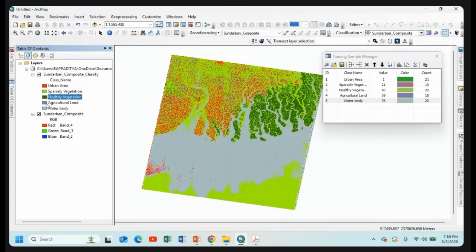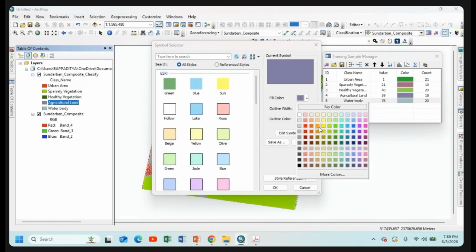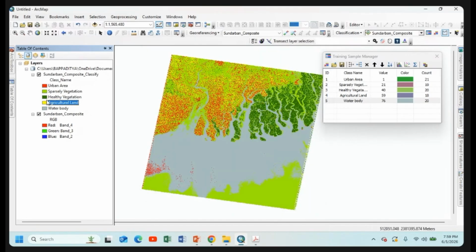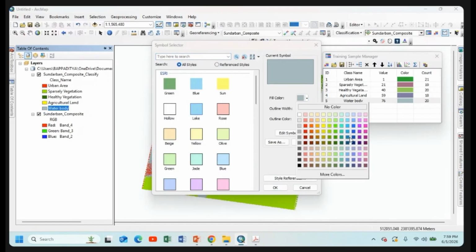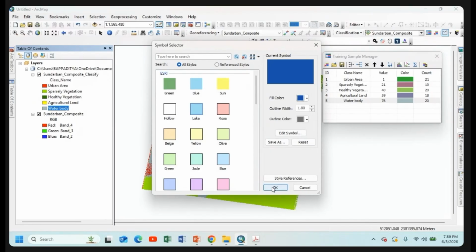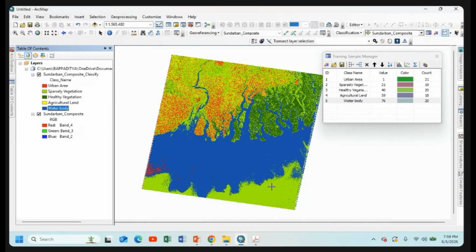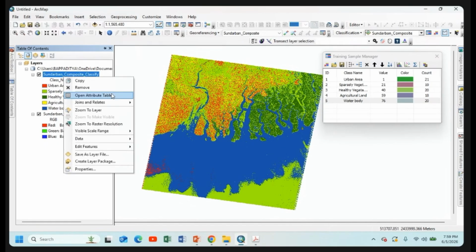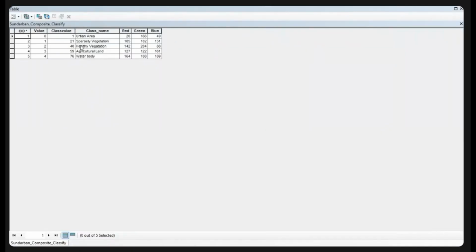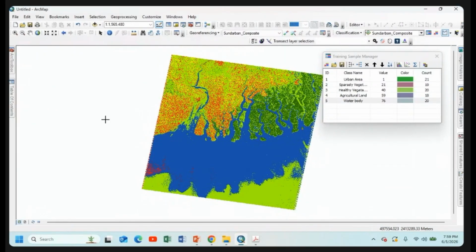Okay, agricultural field is marked as yellow, and water body is indicated by this blue color. And click on this OK option. Okay, this is our final MLC map. See, here we have no area; we will not find any area. First we go to another option, SVM, then we create the area condition.